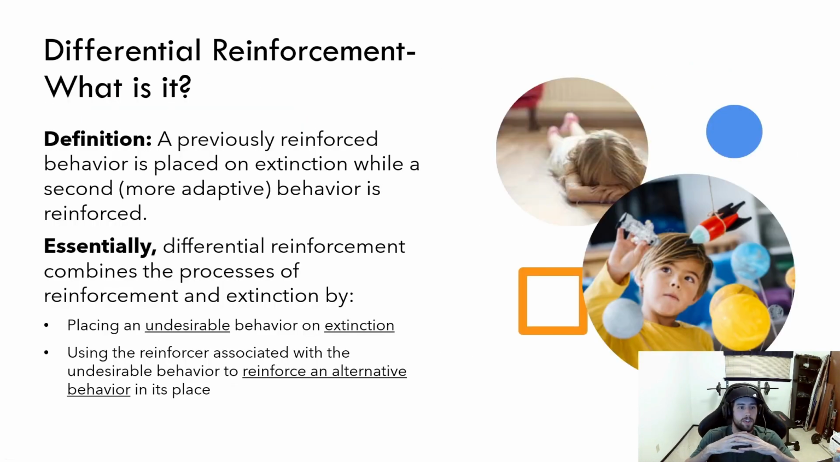So the definition of differential reinforcement is a previously reinforced behavior is placed on extinction while a second, more adaptive behavior is reinforced. And all this basically means is that we are combining the processes of reinforcement and extinction by extinguishing an unwanted behavior, getting rid of that reinforcer, and then reinforcing an alternate behavior in its place. That way, the behavior doesn't start to resurge, or a less adaptive or less desirable behavior doesn't take